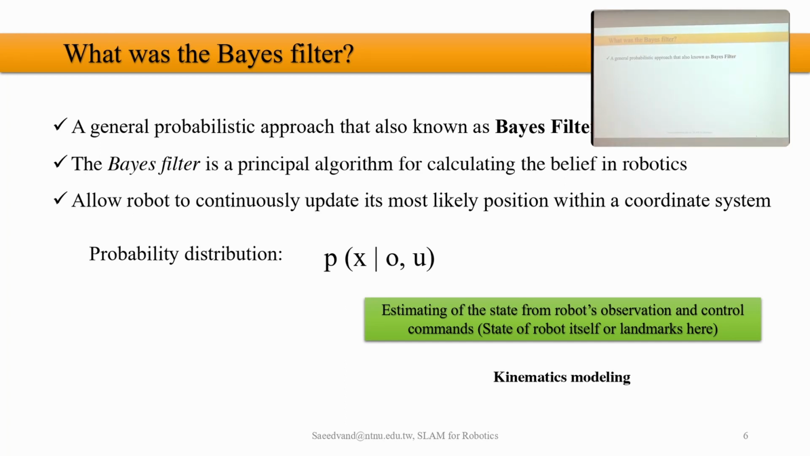So, but before that, what was the Bayes filter? We said that we want to mount most of the algorithms that we're studying on the Bayes filter. It was a general probabilistic approach known as the Bayes filter, and it is the principal algorithm that calculates the belief in robotics. It means that every time, the robot relies only on the previous step, and all the calculation is like that: I believe that my previous calculations were correct. Based on this concept, we were using the Bayes filter,